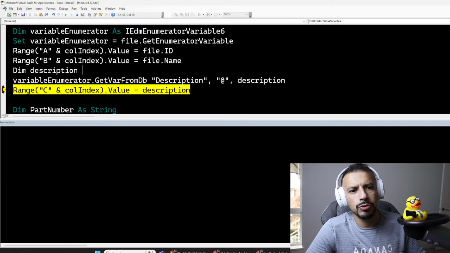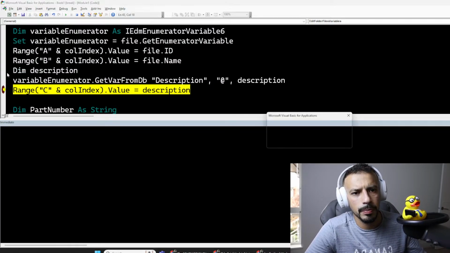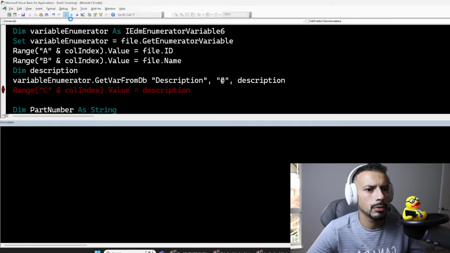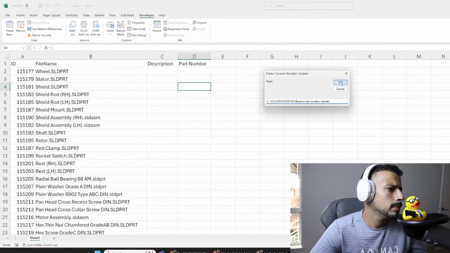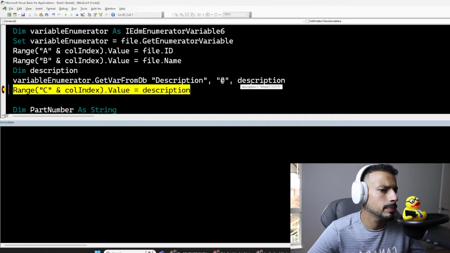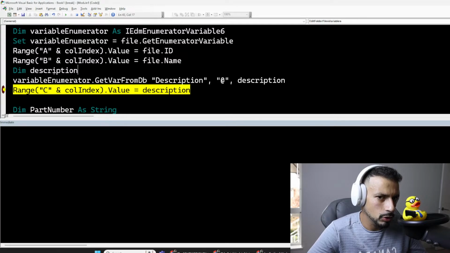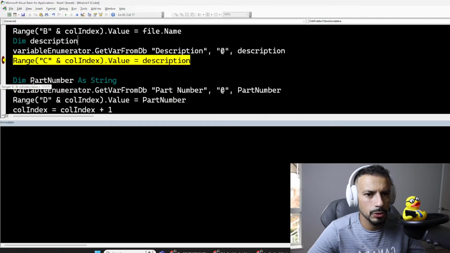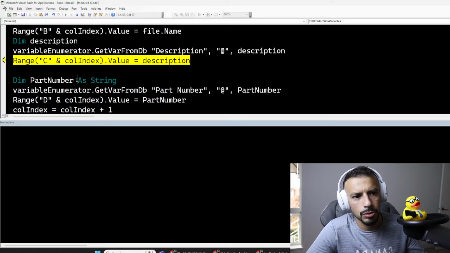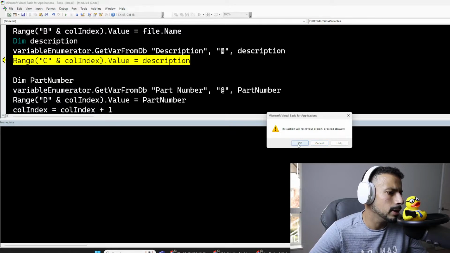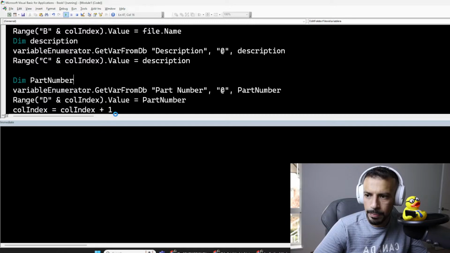So if I remove the definition of the type, rather, I'm just going to click OK, and then run this one more time. And hover over description. We needed to remove the specific type that we are defining the description variable with. So that is the reason why we don't have any values in description. So if I remove this and I go back to my part number, I'm just going to drop this as well. And then just click on continue. It's going to ask me to reset here. So I'll do that. And then I'll paste the path